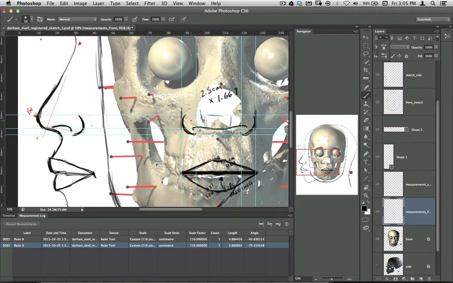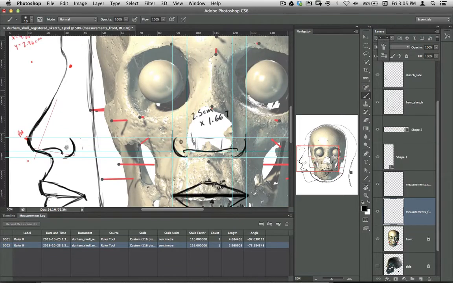So in this case, the alar curvature point would be somewhere like this. So this nose goes out quite wide and then would tip back in. So you can imagine that the widest spot is going to be somewhere like that. I don't want that on my front layer, so I'm just going to erase that. And then I'm just going to turn off measurements. We can see that